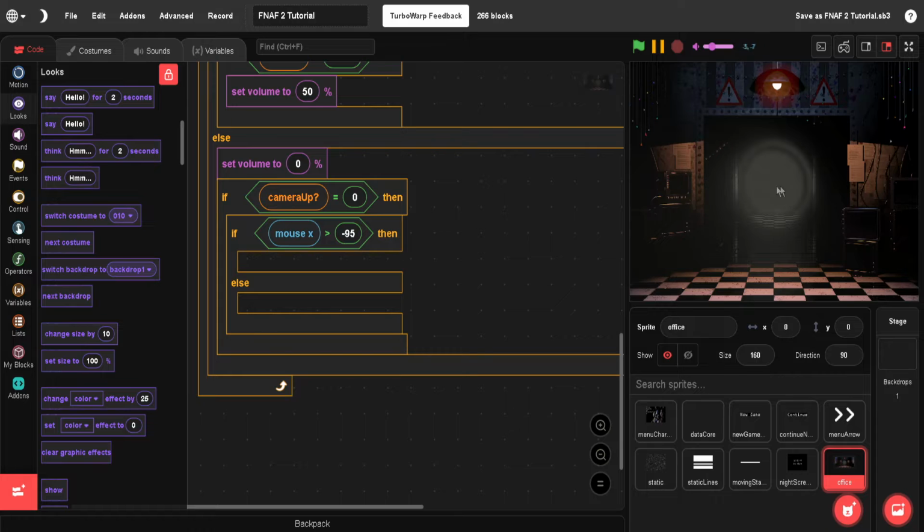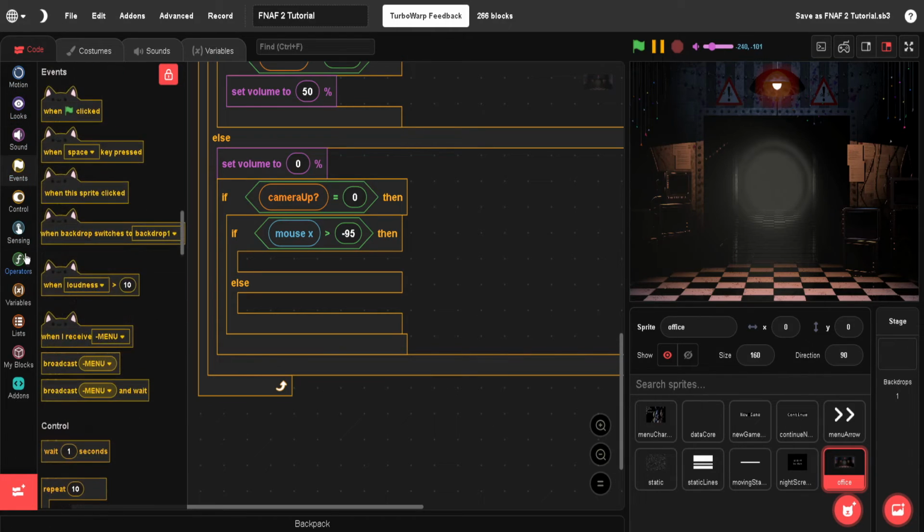What we're doing is we're checking where your mouse is to choose how quickly and how fast we're going to be scrolling the screen. So what it's checking is if our mouse X is greater than -95. So -95 is about right here. It's around right here. This is where -95 is. If it's greater than it, meaning it's anywhere over here, what we will be doing is we'll check